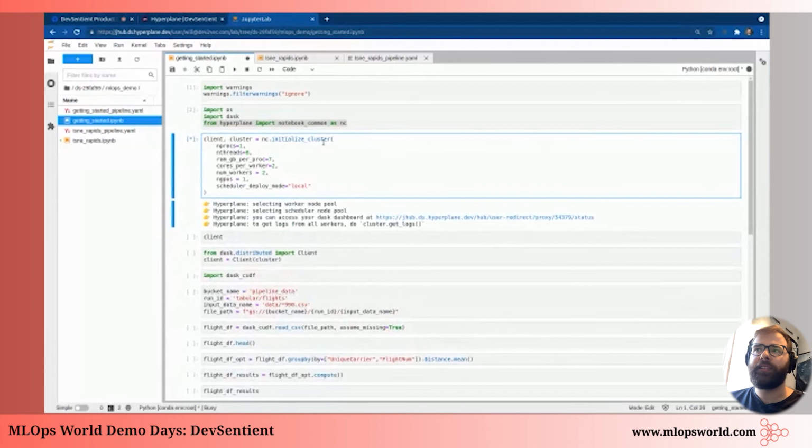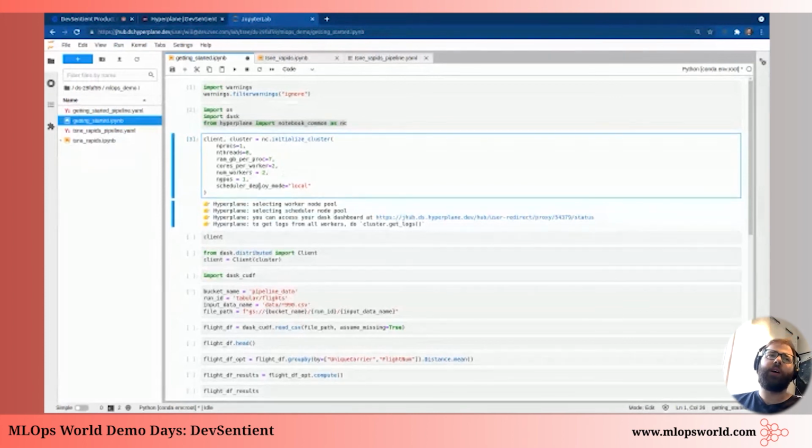So this is going to handle setting up a Dask cluster. It's going to handle the networking, the security, all that stuff on the back end, so that as a data scientist, you can get working as soon as this is spun up. And you'll see here that there are a number of different options for you to specify, from number of processes, threads, memory, number of workers, number of GPUs, even where you want the scheduler to sit.